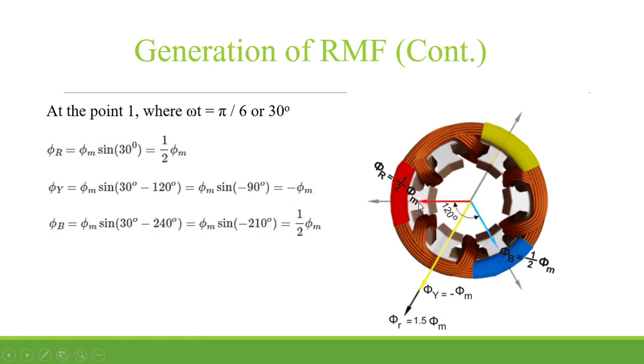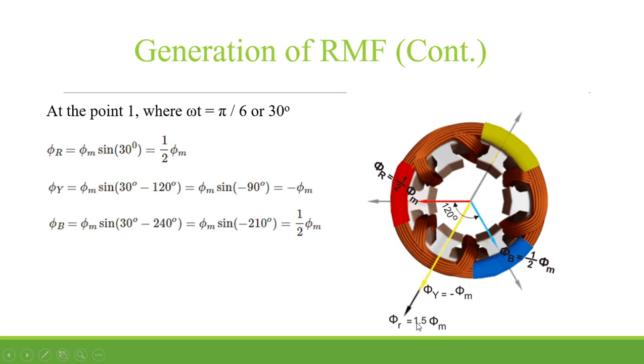Again this can form a rhombus and we will find out the phasor addition of this, and the direction for this resultant will be same as the direction of this phi y. So if we again find out 2 into half of phi m into cos of 60 degree. Why 60 degree? Because this angle we need to take divided by 2. So we will be getting phi r equals to 0.5 of phi m. So if we add 0.5 with phi m, the resultant will be 1.5 phi m.